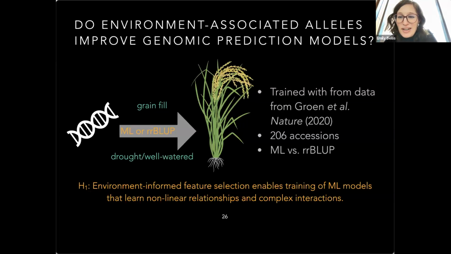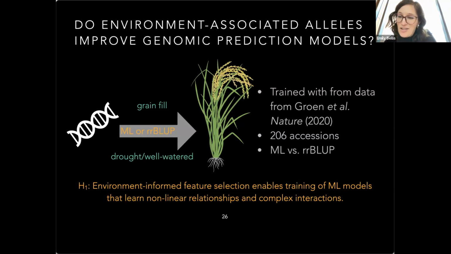All right, so what can we do with these environment-associated alleles once we find them? And I said that we were interested in genomic prediction frameworks. So one thing that we've looked at is whether environment-associated alleles can help improve genomic prediction models. So the idea here in our hypothesis is that if we have